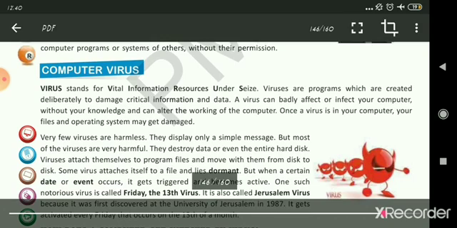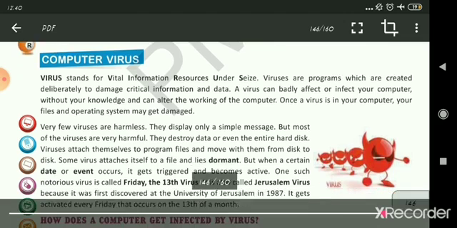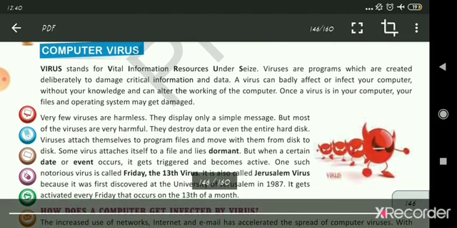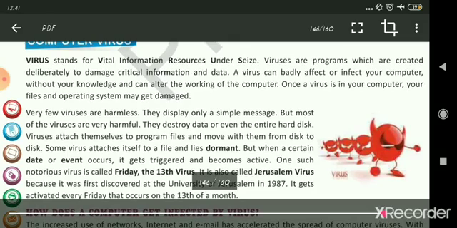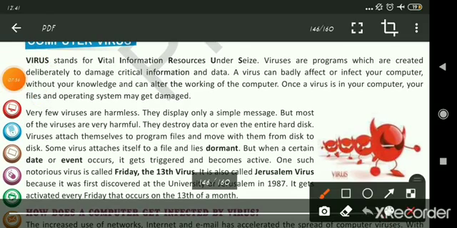So these are made to damage the most important informations which are inside your computer, to destroy them. A virus can badly affect or infect your computer without your knowledge and can alter the working of computer. Alter means change.